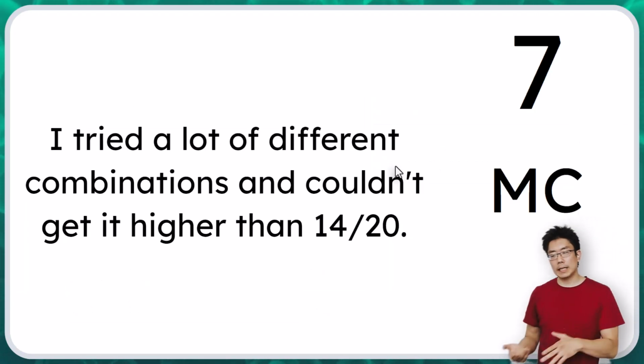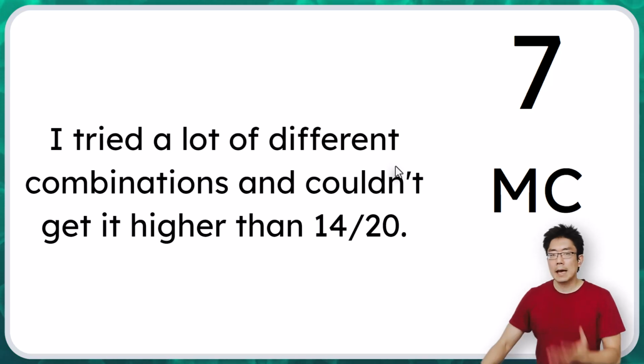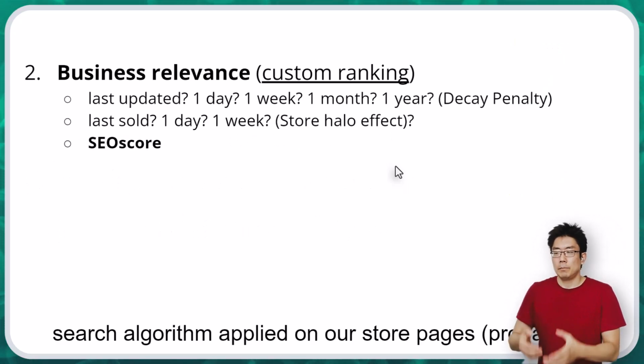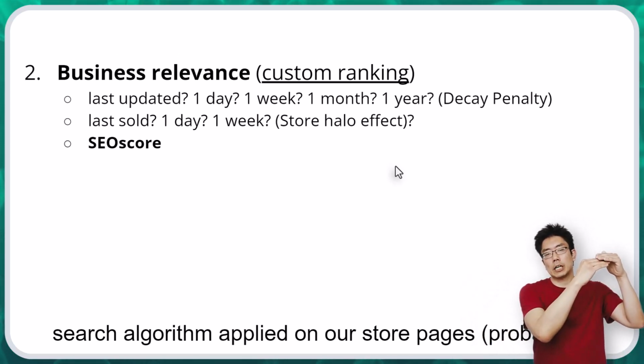And they wrote, I tried a lot of different combinations and couldn't get it higher than 14 out of 20. And that makes sense. I don't think it's possible to actually score 20 out of 20 in this game because remember, it's not just SEO score that's being applied. Before the SEO score final ranking happens, the TPT search algorithm would have put them into buckets for the tie-breaking